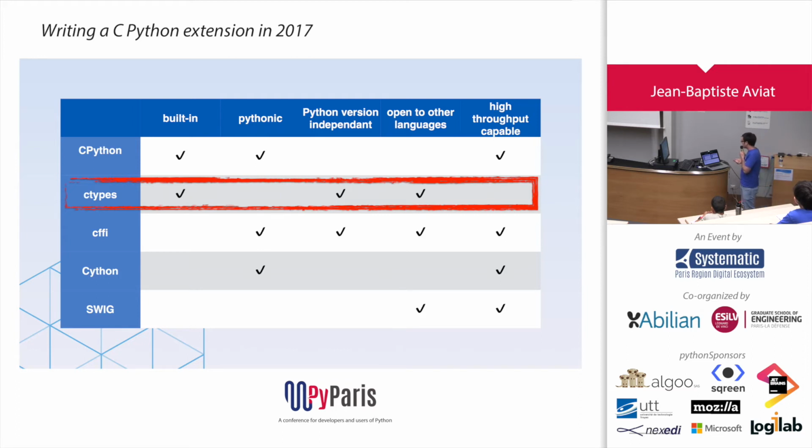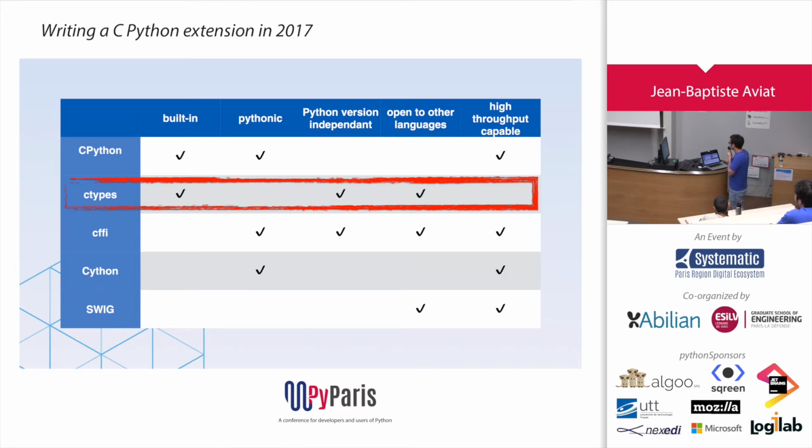And it's not Python version independent, because if you built something for Python 2.7 and you want to use it in 3.x, well, obviously the headers may change, and so you need to recompile it. There is no binary compatibility. It's not open to other languages. You build something with that, you have to use it with Python, because obviously you included the Python headers in it. So you have some kind of Python semantic in the objects you build.